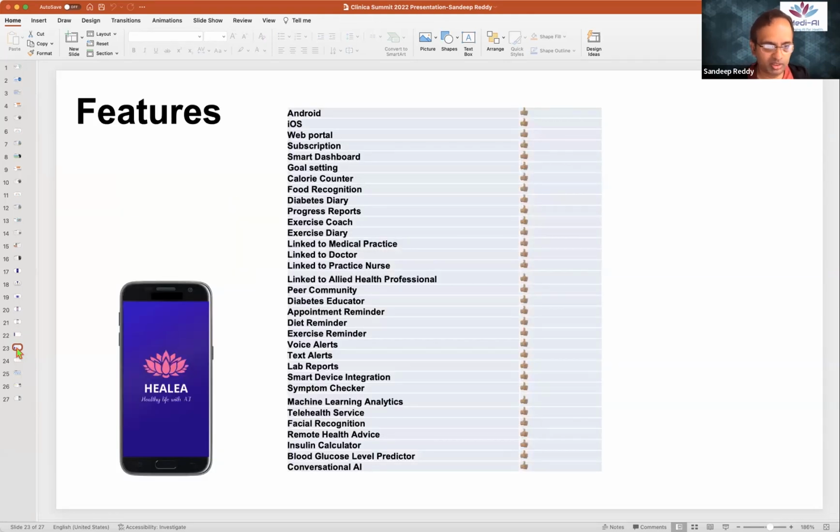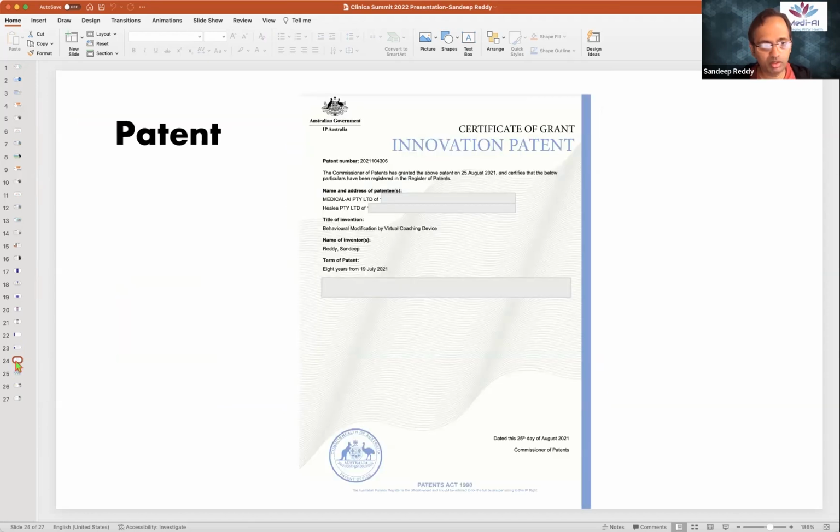Now, as I mentioned earlier, there are so many features that we are introducing. In fact, we can claim to be the most comprehensive diabetic app in the whole world that provides this level of features, but also integrates with the care providers. Now, in addition to what you're seeing, you may already have been impressed by the number of features. We also have a patent here in Australia,